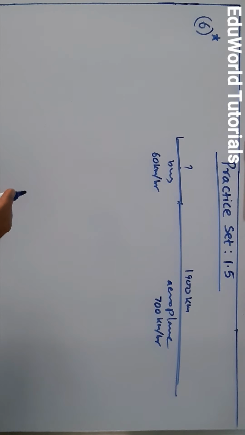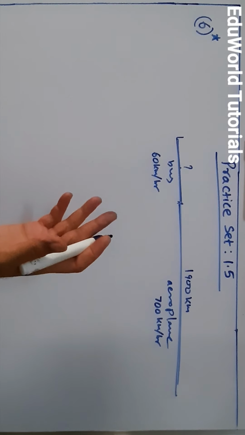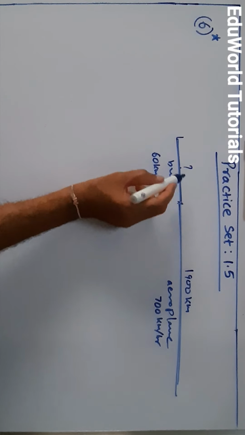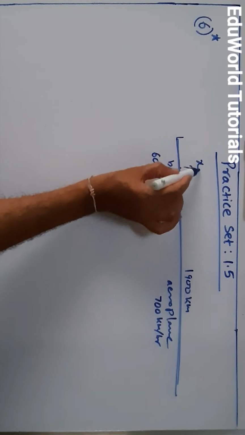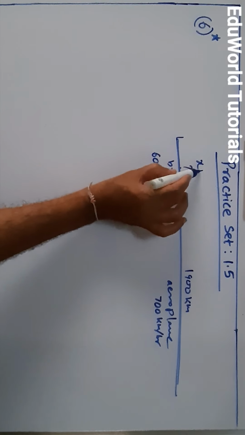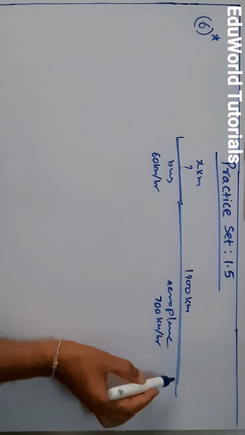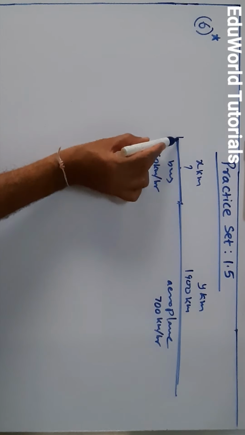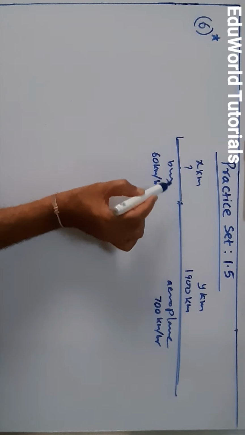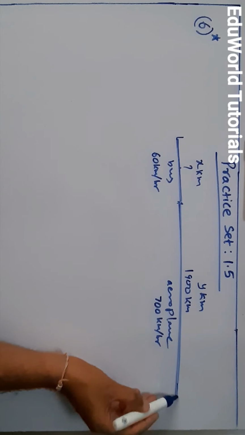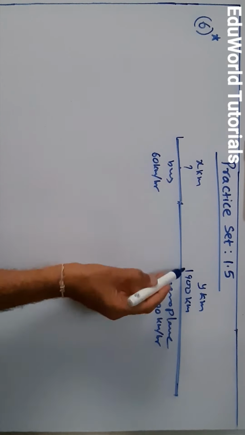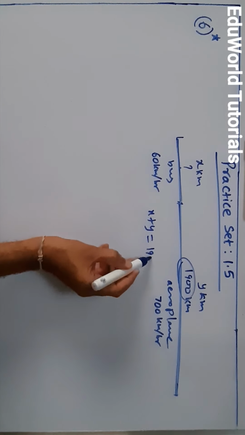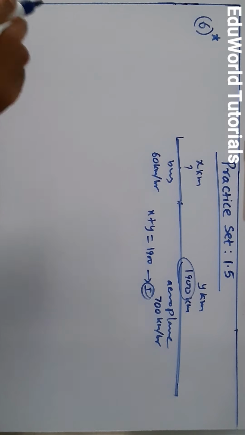Okay, so since this is a question of simultaneous linear equations, or linear equations in two variables, I will immediately take: let the distance traveled by Vishal through bus be x kilometer and the distance traveled by Vishal with the help of aeroplane be y kilometer. So this distance is by bus and this by aeroplane. The total distance is 1900 km, so our first equation will be x plus y is equal to 1900. This will be our first condition.